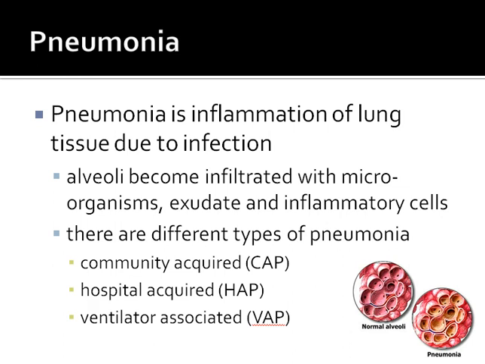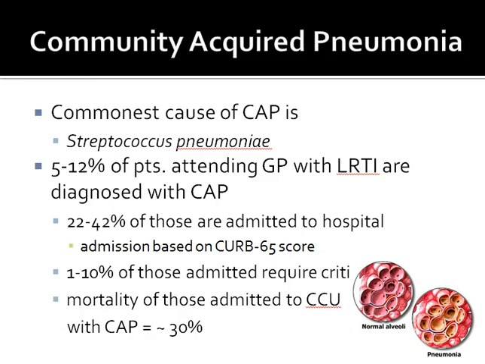Now there are three different types of pneumonia that are commonly referred to: community-acquired pneumonia, hospital-acquired pneumonia and ventilator-associated pneumonia. Community-acquired pneumonia is the type of pneumonia that, as the name suggests, is acquired in the community setting, and the most common cause is strep. Most patients who attend a GP clinic with lower respiratory tract infection do not have pneumonia. It's only 5 to 12% of patients attending a GP clinic that actually get diagnosed with community-acquired pneumonia,